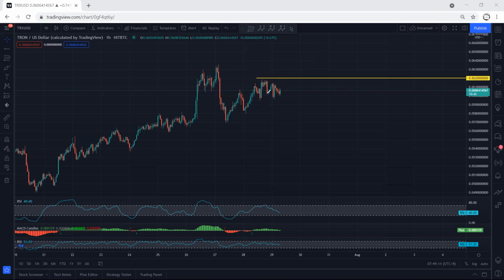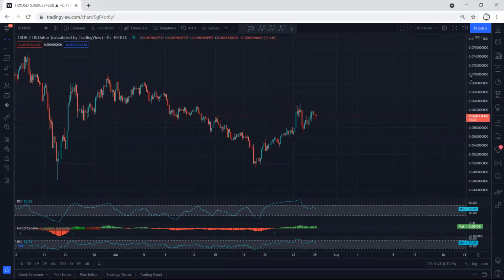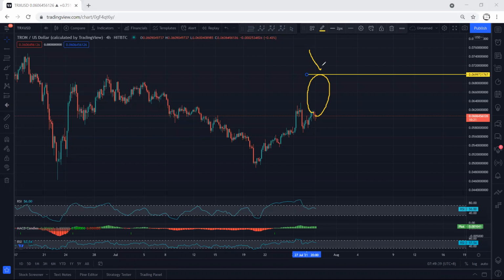Anyway, right now we're looking at this correction, and having entry at 0.062 can be an option. And what we want is the price to break and continue, because if we move to 4 hour chart, the only thing right now we're looking for is whether the price can break 0.07 or not. That means any trade setup for buy within this range, still we will take the trade. If there is a breakout of 0.07, it's good for us, because we cannot consider this one as start of the reversal. But if the price cannot break 0.07,